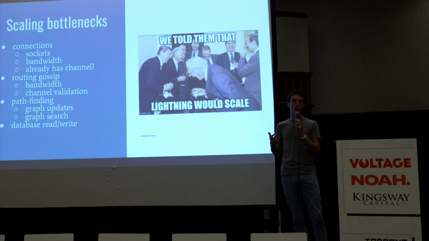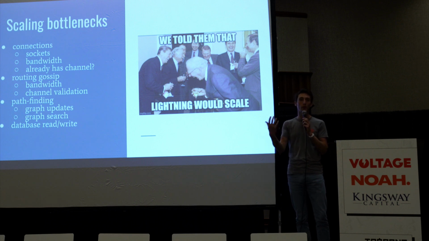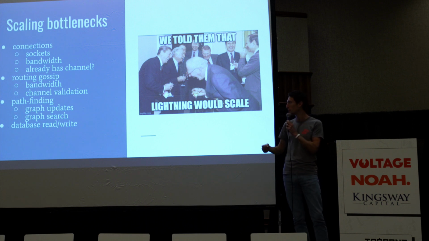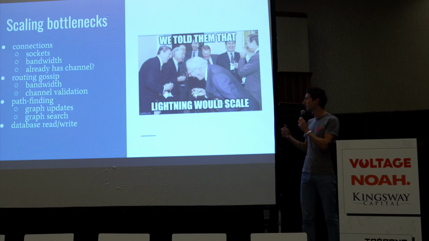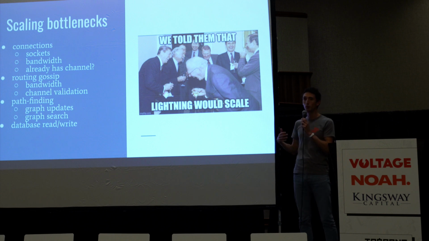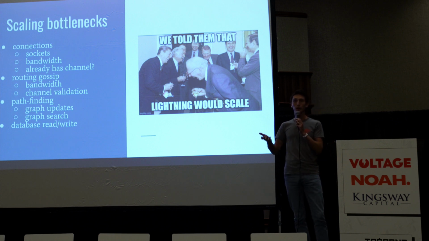This is something that consumes a lot of bandwidth because we are basically forwarding the whole graph information to every peer that connects to us. Anyone can connect to our node and ask us for the whole graph table. So that consumes a lot of bandwidth, and you want to be mindful of that.